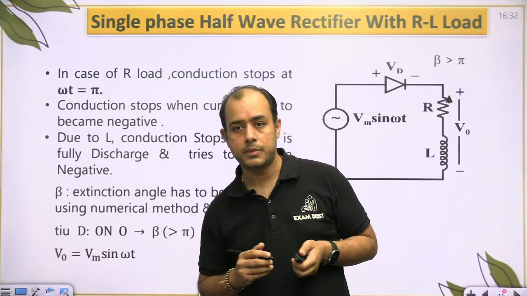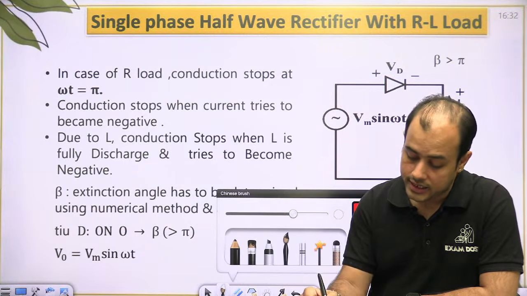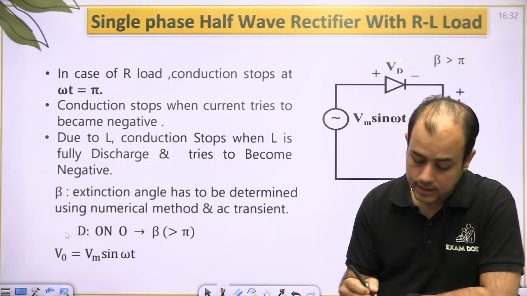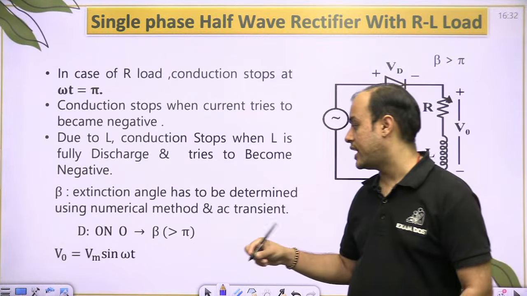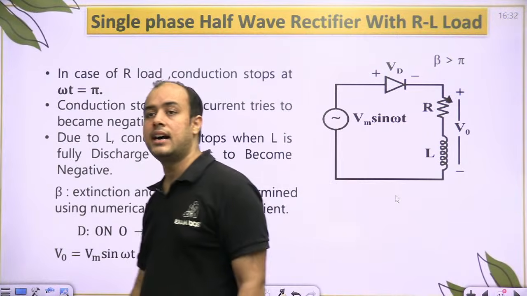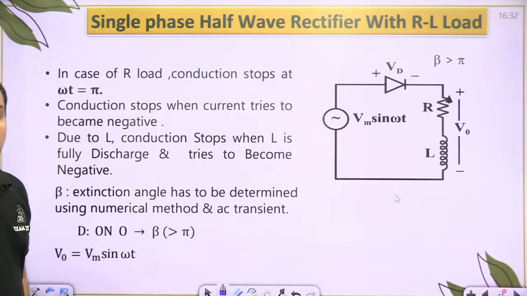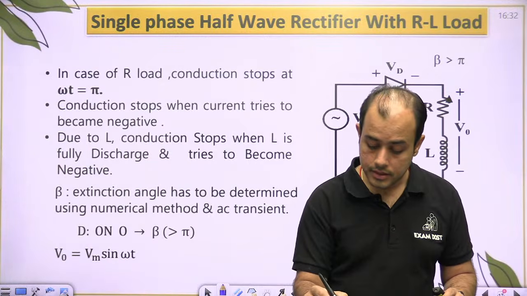So I will get the extinction angle. ठीक है, I will get the extinction angle from 0 to beta, where beta is the extinction angle. Conduction goes from 0 to beta, where beta is more than pi. What is beta? Beta is the extinction angle